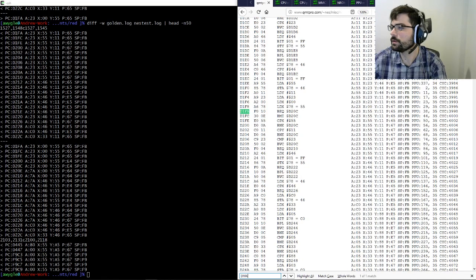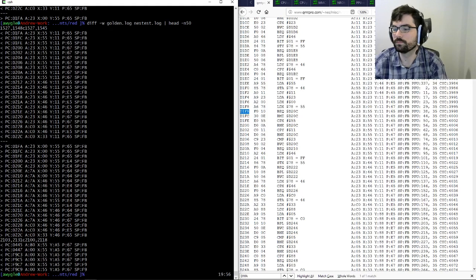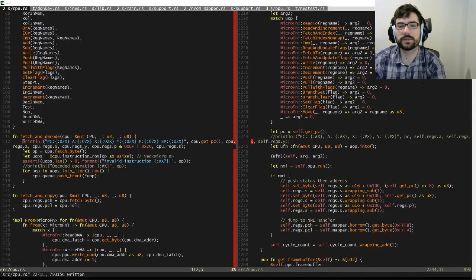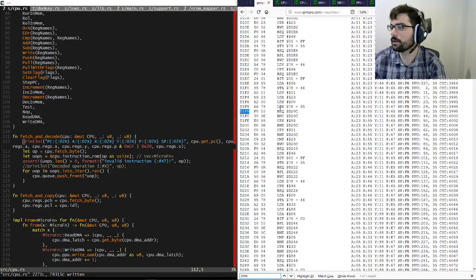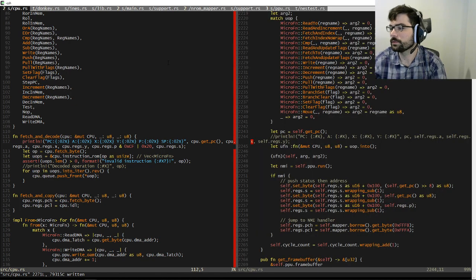That's odd. So I have a problem with load X, I guess. So that's A6, which is load X immediate. No, load X 0 page.